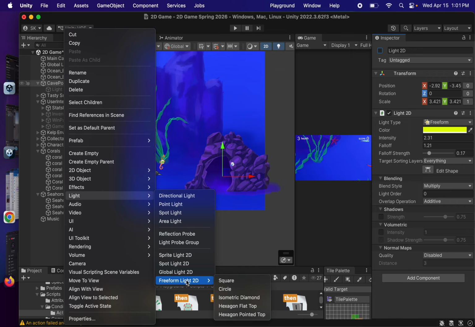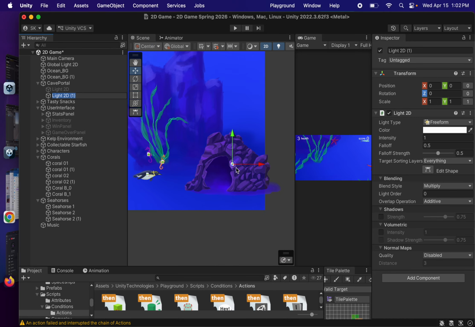They're kind of cool. I'm going to add a hexagon just so you can see it. Okay, and it's placed it right here in the center where my pivot is, which is fine. It's now attached to the cave portal because it's put it as a child here. You can also move these individually, just like we did organizing over here in our hierarchy. So if I go look in my inspector,